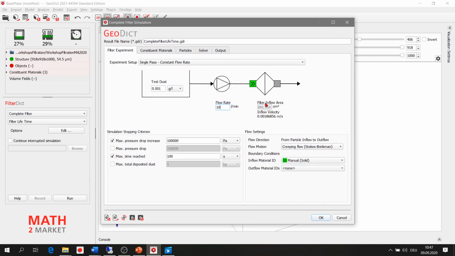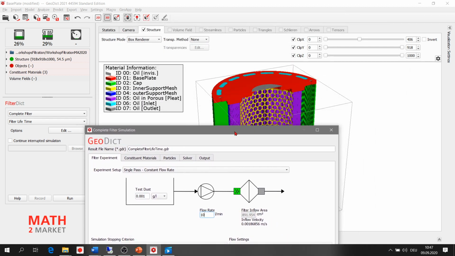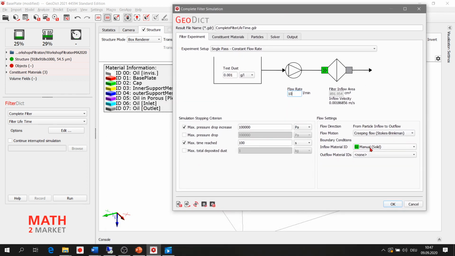As you can see here, the filter inflow area is now based on the complete area of the ID2, but we have to change this to ID6 for inlet, and for outflow or outlet, we have to change this to 7, right? As you can see, based on this selection, the filter inflow area is adjusted, and based on the flow rate and filter inflow area, the mean flow velocity at the inlet is computed.